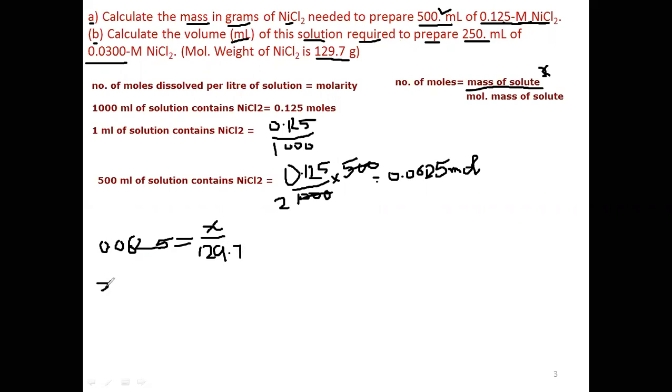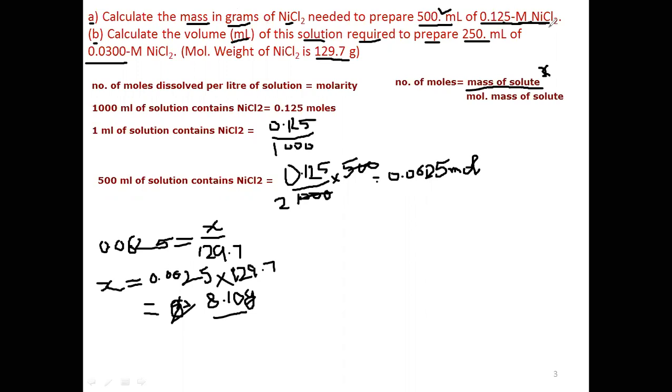So x will come out to be 0.0625 into 129.7, and if you solve it, it will come out to be equal to 8.10 gram. Now this is the mass of nickel chloride in grams which is required to prepare 500 ml of